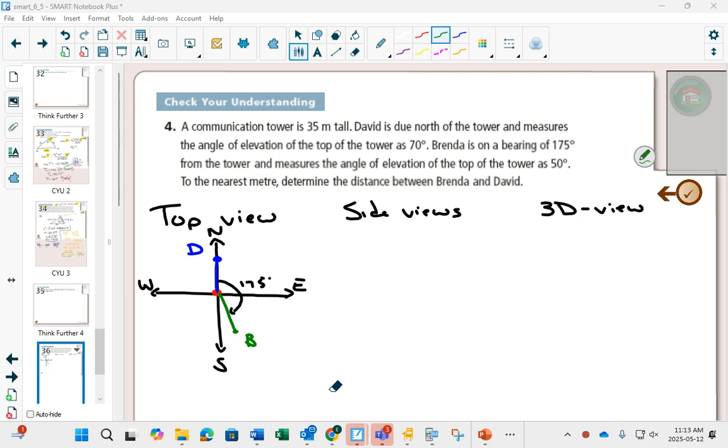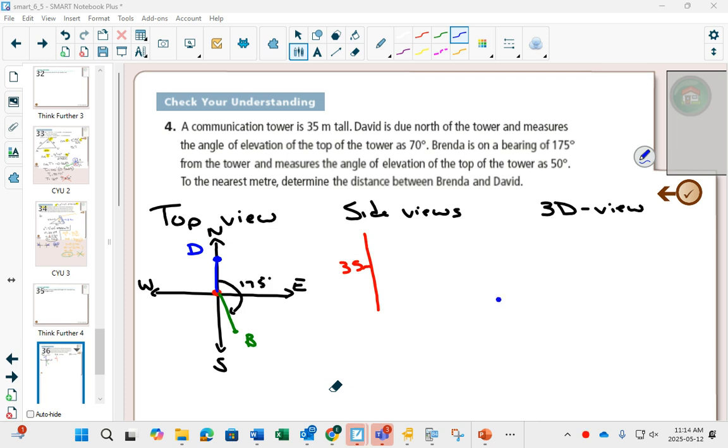So there's a top view. You can't see the height of the tower because you're looking straight down. It's just a dot. Now for the side views, I would see that height of that tower. I know that it's 35 meters tall, and I know that